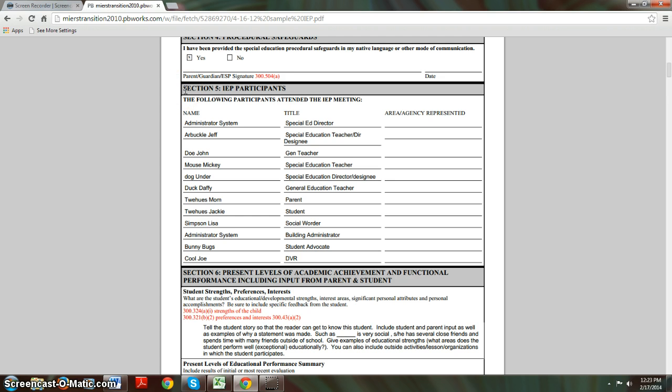Section 5 of the IEP is the IEP participants. In this section, a complete list of who attended the IEP meeting must be included. People who are required to be at an IEP meeting legally are at least one general education teacher of the child, at least one special education teacher of the child, an administrator,